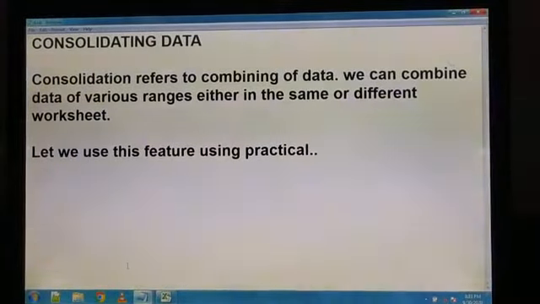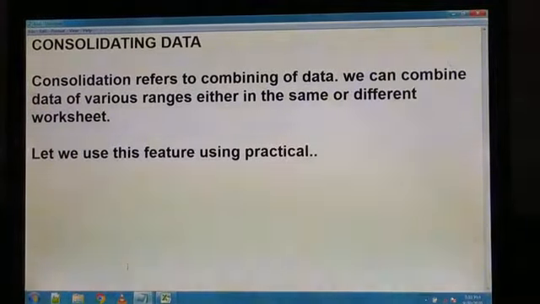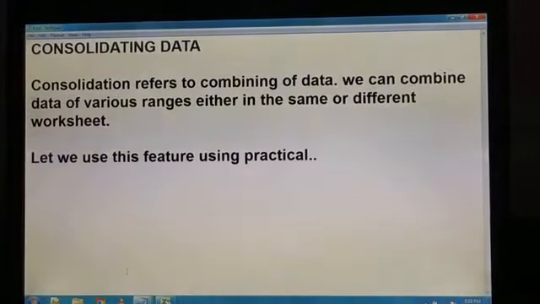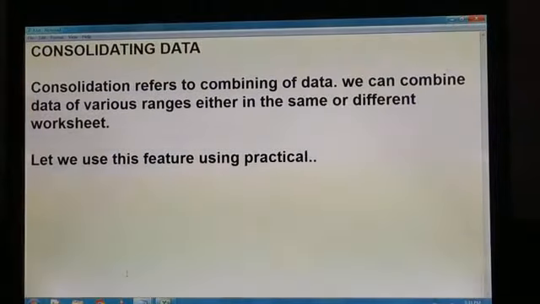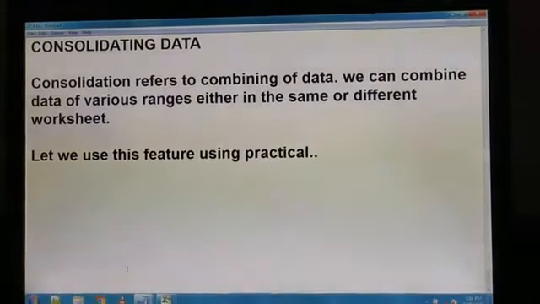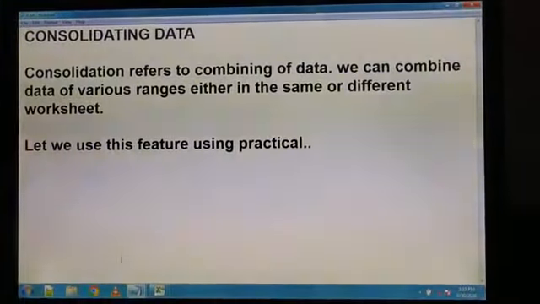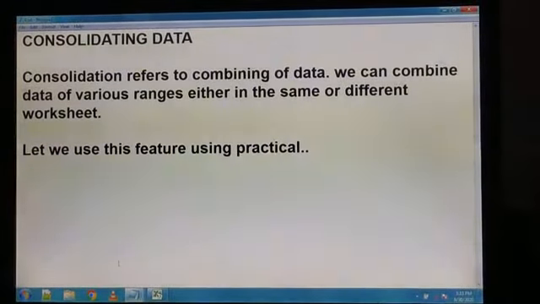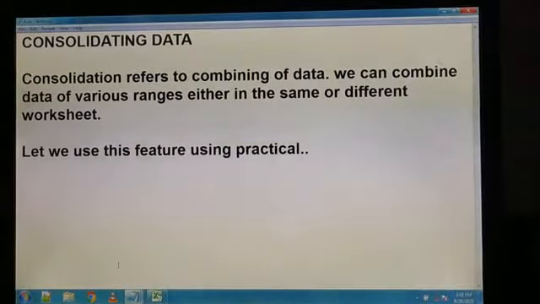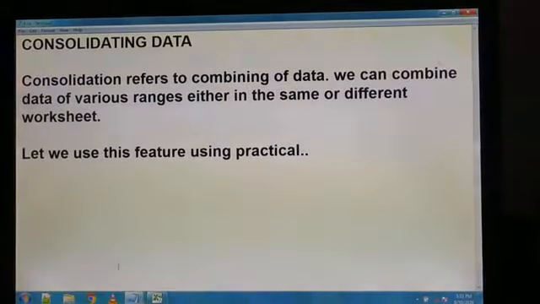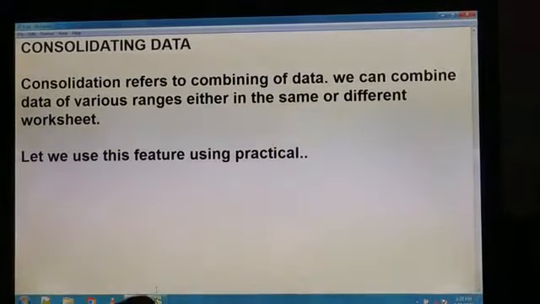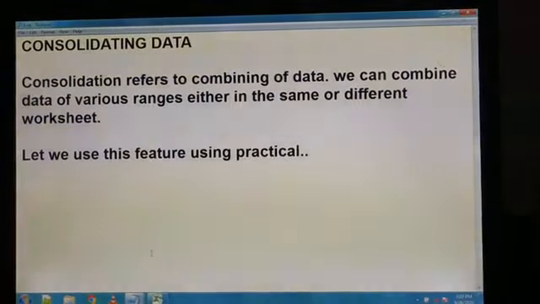Okay, to consolidate data in a different worksheet, it is essential to group the worksheet. So you have to press and hold down the shift key and click on the sheet 3 tab, and now you have to enter the main headings, field name and common sum headings. Okay, so students, first of all, for consolidating data you have to start your MS Excel program. So let me do it by using practical.